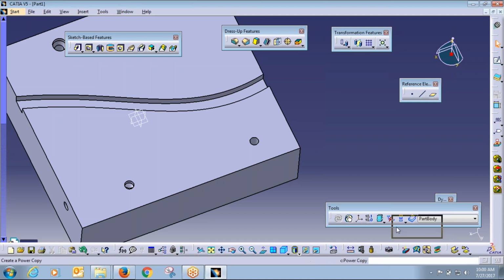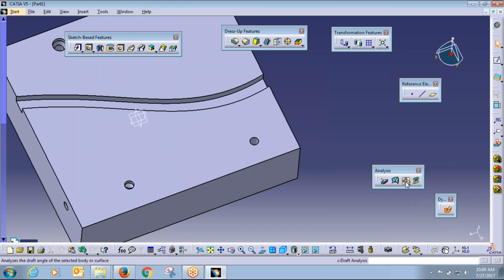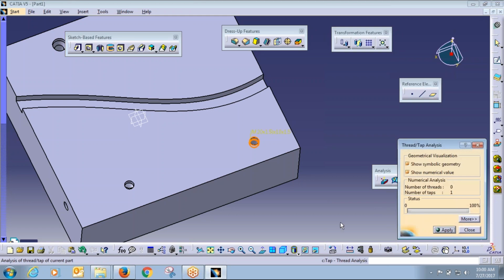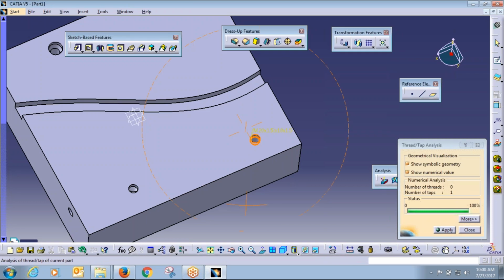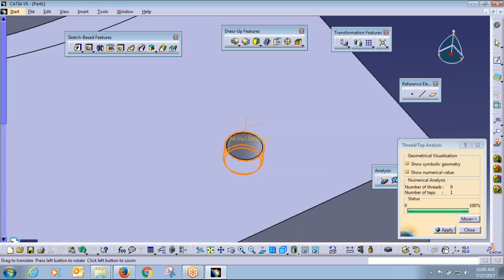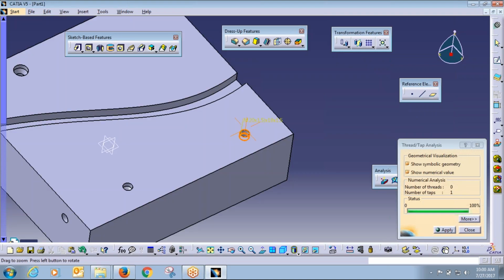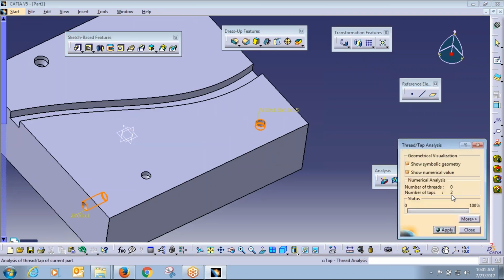It will analyze that the threads are there. See, there is one analysis toolbar at the bottom, and there is one option called tab or thread analysis. It shows how many threads or tabs are there. So here it is showing there are some threads in this part. So here only one hole with thread. If I take this one, and for this also I take a thread depth of 50, enter, do this thread or tab analysis and say apply. See here, it is showing two